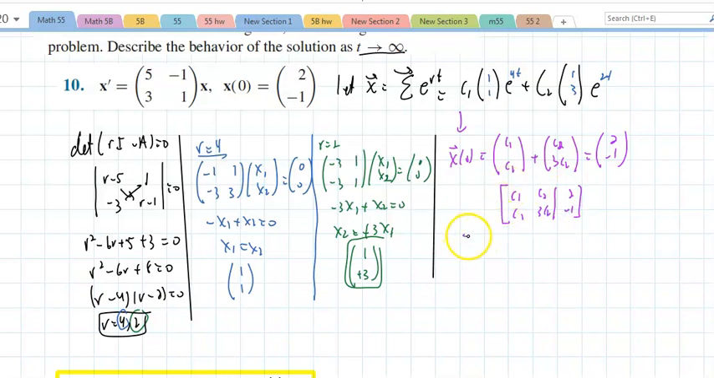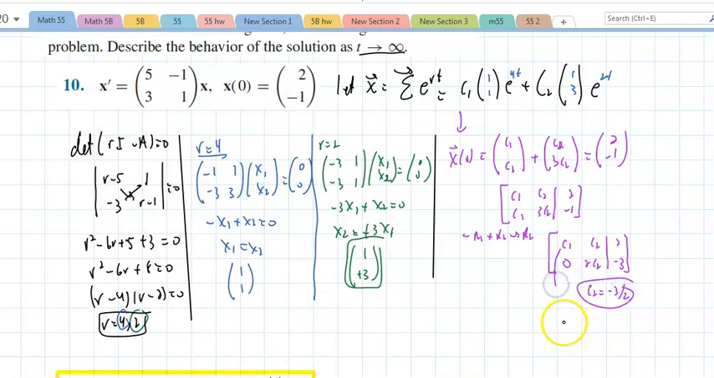If I take negative row 1 plus row 2, put the result in row 2, I will be looking at C1, C2, and a 2. My negative C1 plus C1 is 0, that's 2C2, and negative 2 minus 1 is negative 3. So here I get C2 equals negative 3 halves, and that means C1 minus 3 halves equals 2, so C1 equals 2 plus 3 halves, which is 7 halves. So my final solution to this problem, including initial values, is x of t really